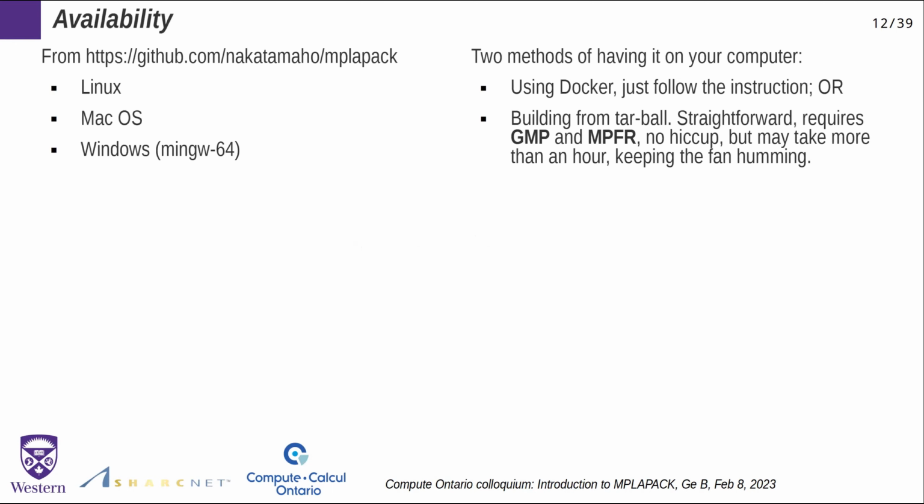Now, the availability of this package, MPLAPACK. You can find the package on GitHub, and it is available for Linux, Mac OS, and Windows. And there are two methods for installing this package on your computer. The author recommends using Docker for ease of installation if you don't want to do any extra work. And if you want to know how to use Docker, you can Google it on the internet, or you can go to the Alliance website, the documentation, to find how to use Docker or